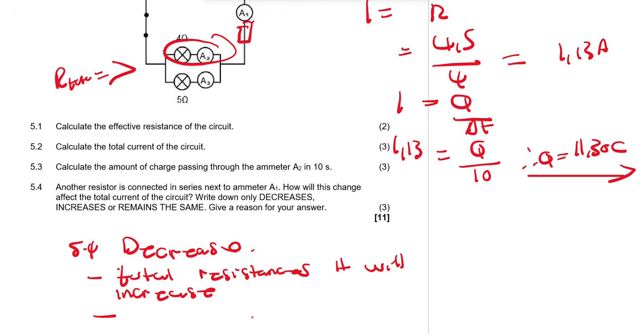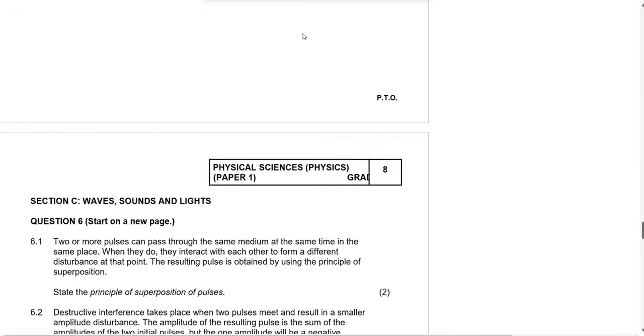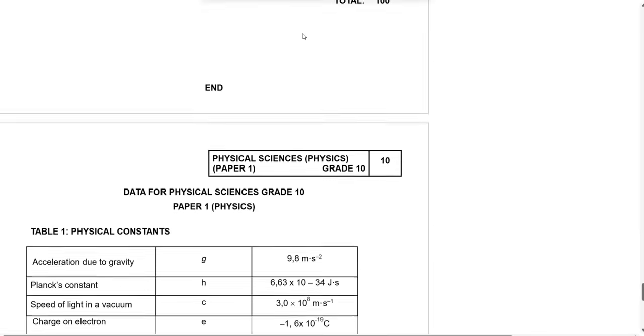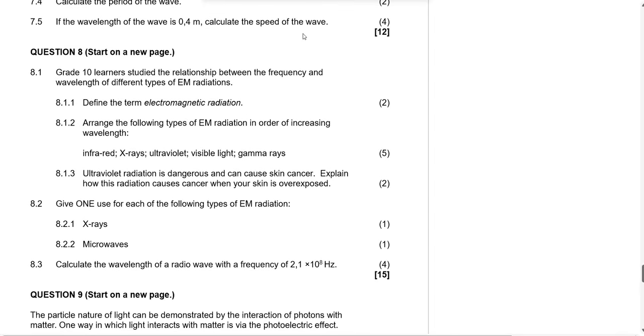And then you can also tell them that current is inversely proportional to resistance, like that. Okay, and then the other part, question 6 and question 7 and question 8,